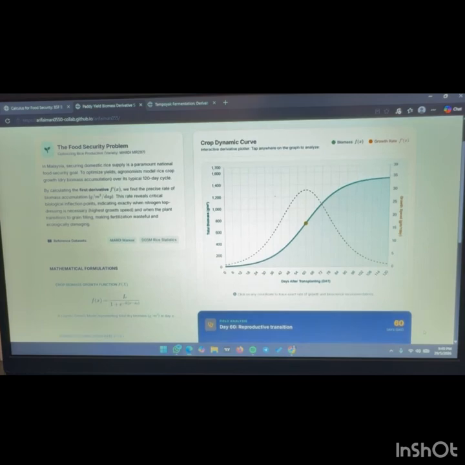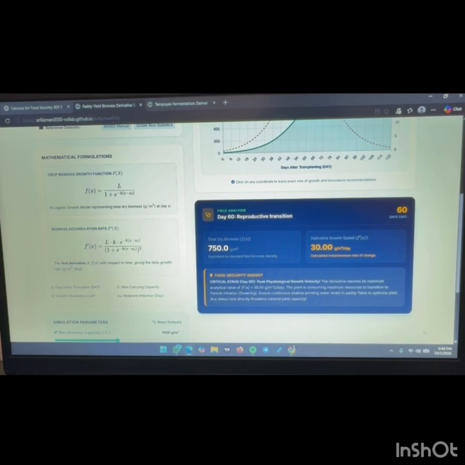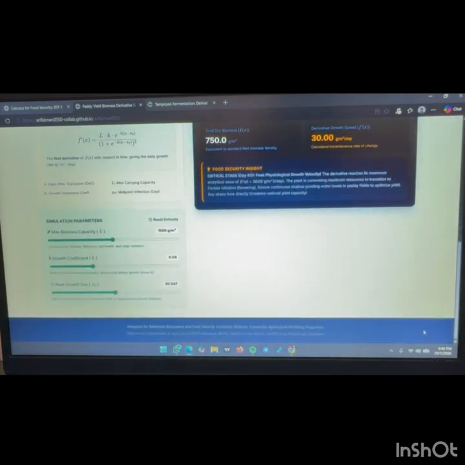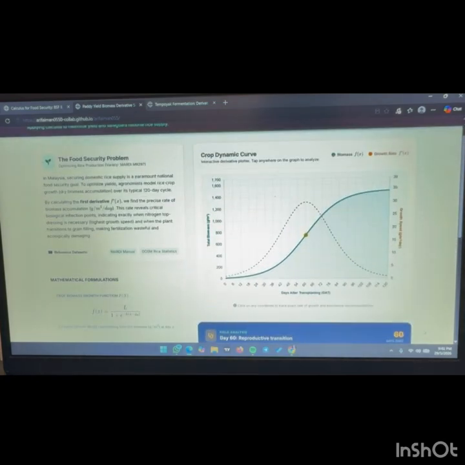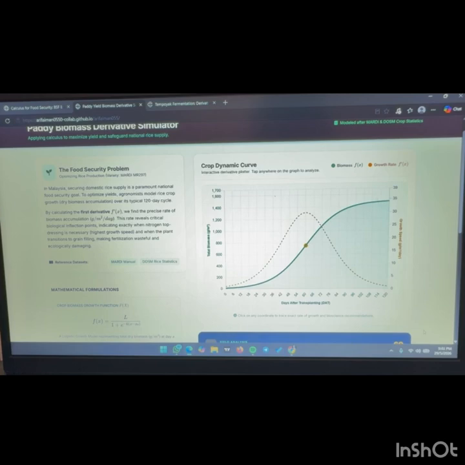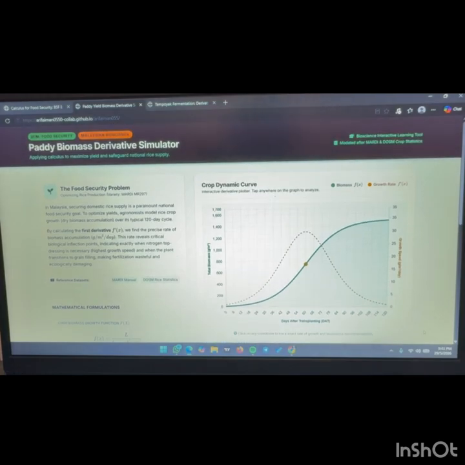Next, why is this problem so important to study? It directly affects food security and the environment. By using simple maths, we can stop guessing and start knowing exactly what the plant needs. Math helps us find the exact day the rice crop is growing at its absolute fastest speed. If we apply fertilizer at these perfect moments, the plant grows much better. We produce more rice for the country and we avoid polluting our soil and river with wasted chemicals.